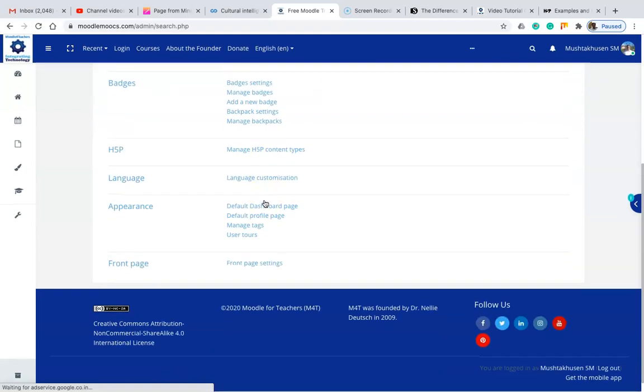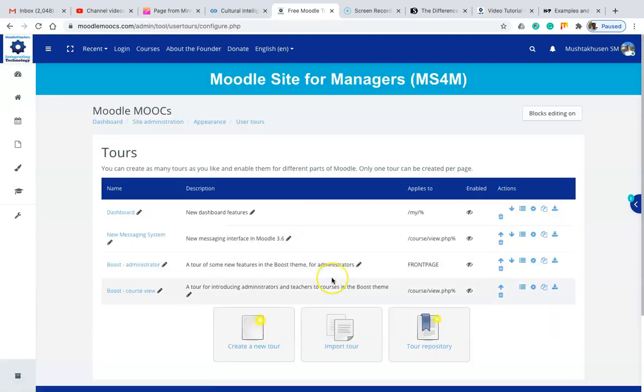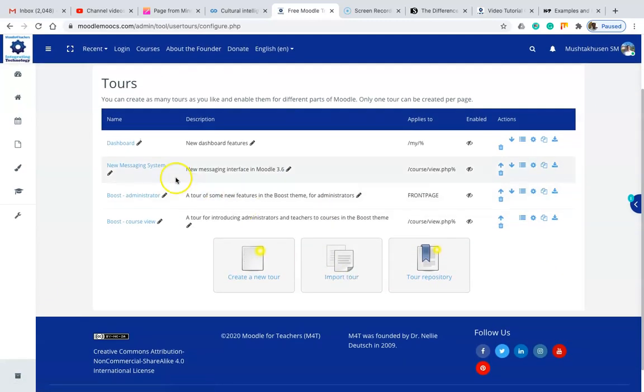Then we shall move on to user tours. In user tours you can see dashboard, new messaging system, then boost administrator, then boost course view. Then the applies to column, then the description of these names: new dashboard features, new messaging interface in Moodle 3.6, a tour of some new features in the Boost theme for administrators.